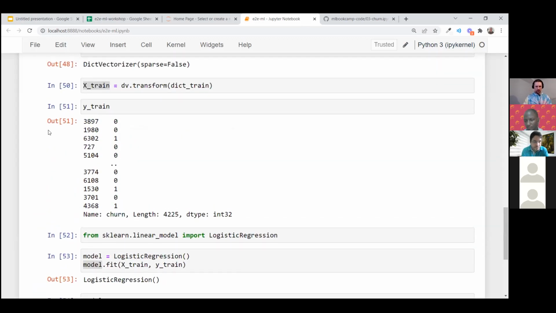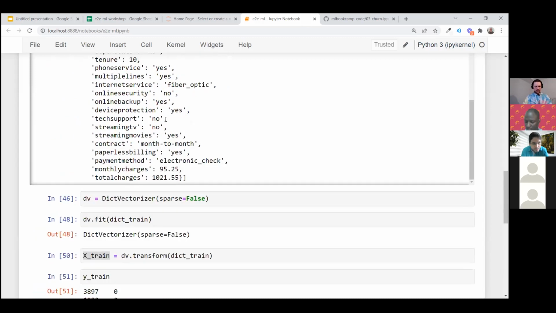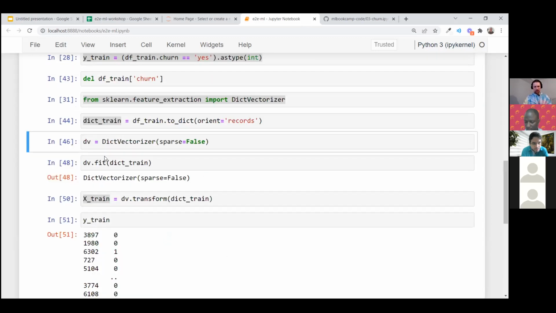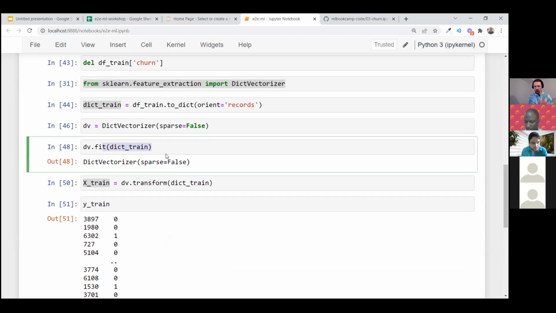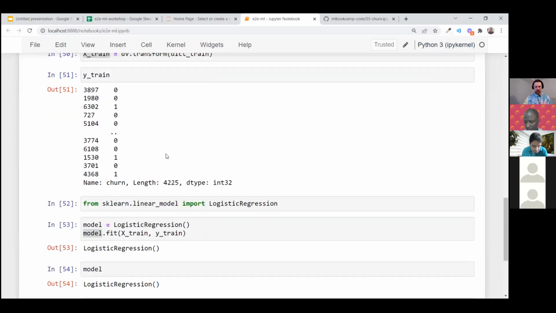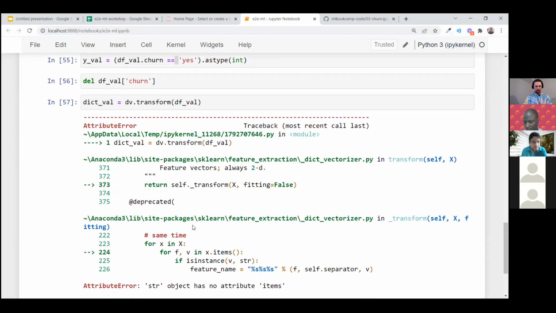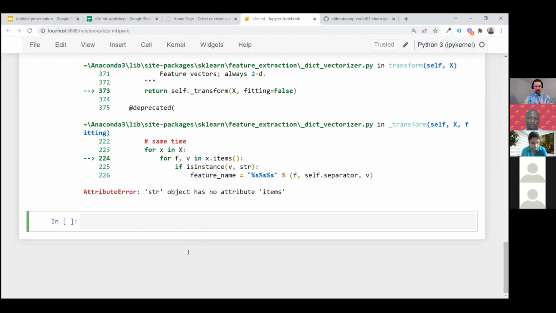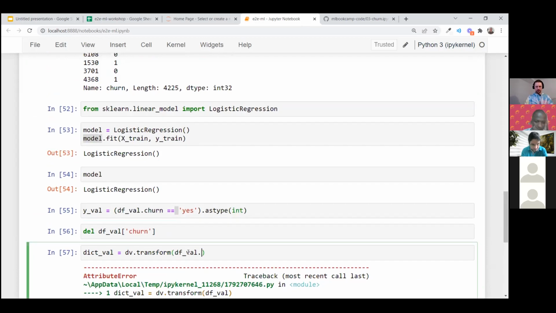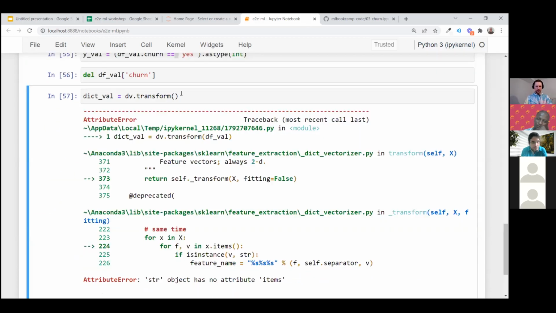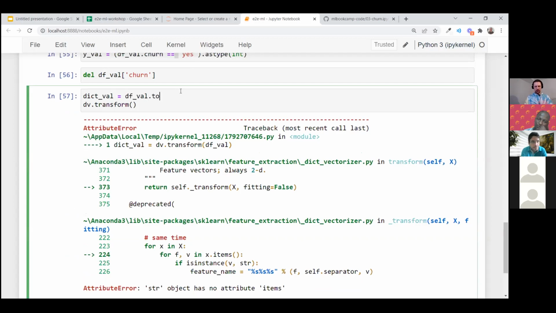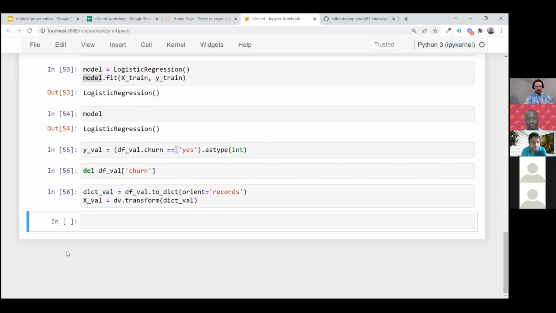Because here, before that, let me remove this. So before that, I did both fit and transform, but I only fit this dictionary vectorizer on the training data. So I do not fit it on validation. I only apply it to validation. So data frame validation. Yeah, of course, because before I'm doing transformation, I need to turn this into dictionaries, right? Orient records. And then this is what I pass to the vectorizer and get X validation, the matrix.